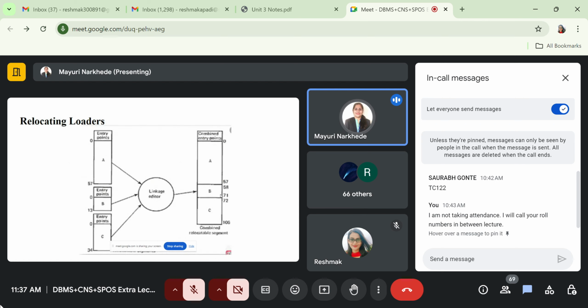Suppose there are three modules: first, second and third. Suppose I have made some changes in the second module, and because of that the size of that module increases. What does the programmer need to do in that case? We need to shift and change the memory location of the third module also.